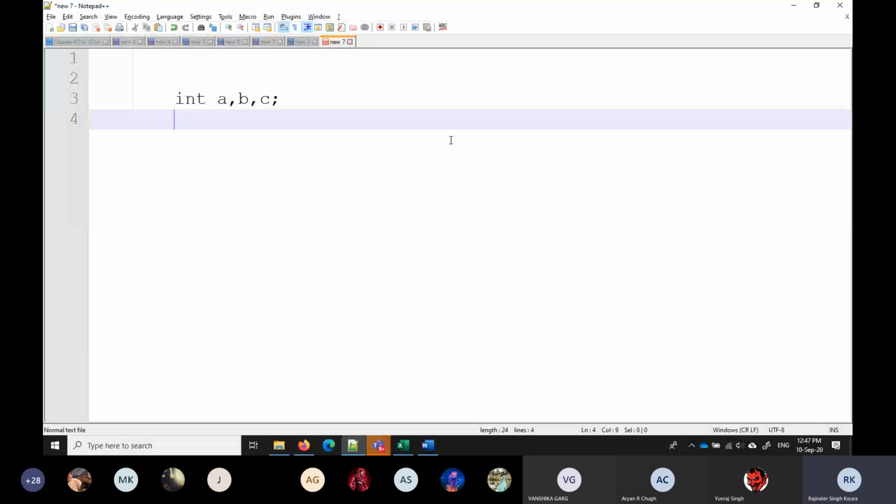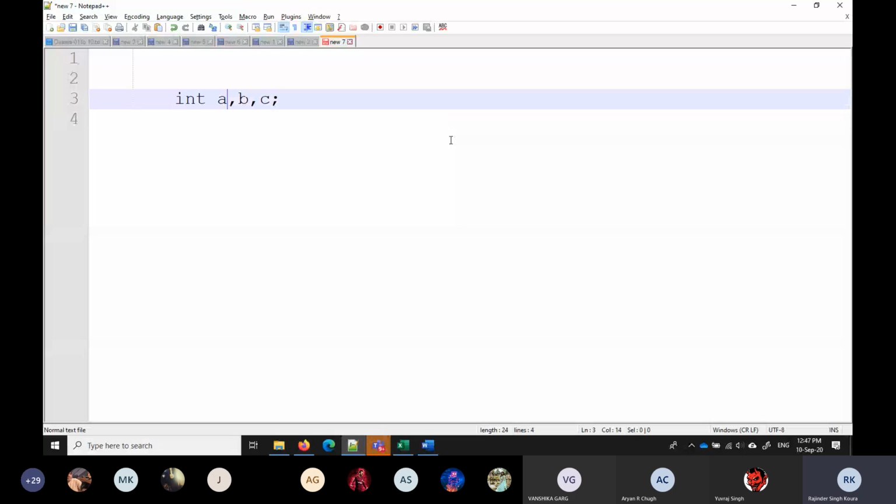But if I ask you to input 20 numbers or 50 numbers or 100 numbers, suppose I want to enter marks of all 56 of you, I will not be using 56 variables. What I will do is, I will use an array,